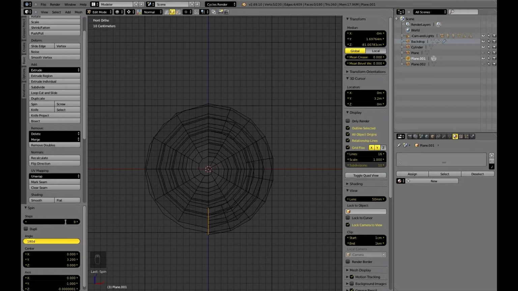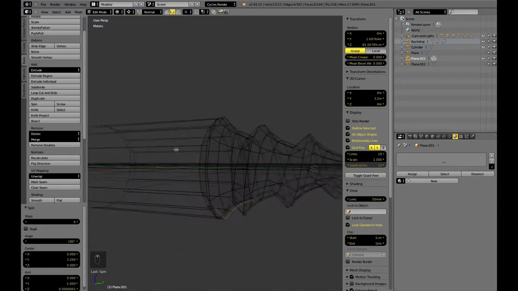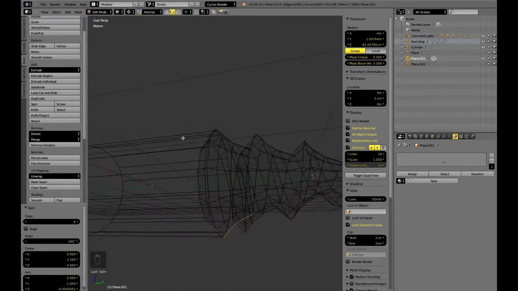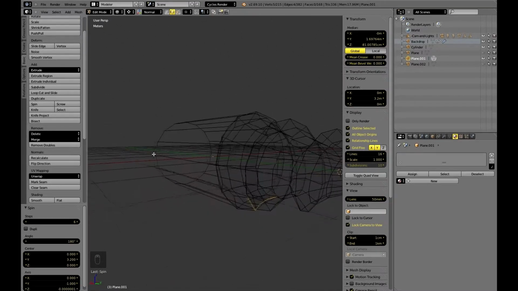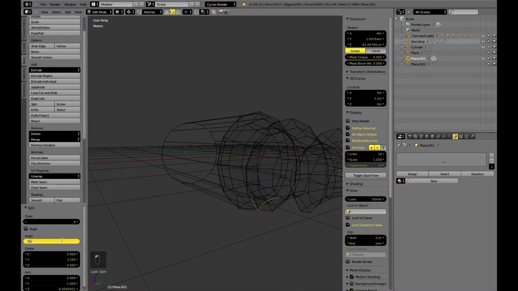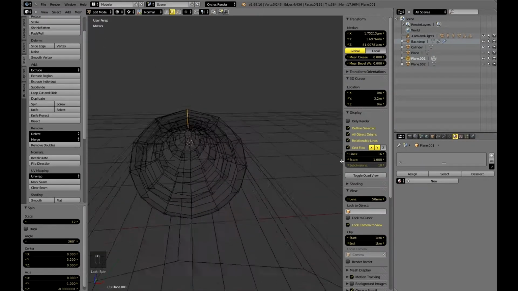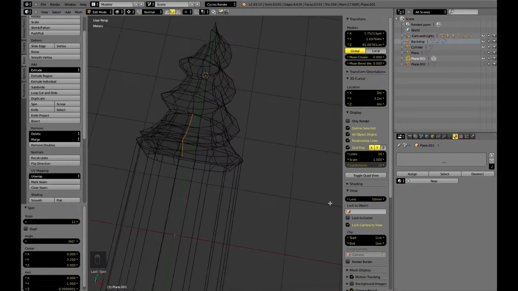Okay, so I've done that. Now there should be 6 steps to match our 12-step. It was 12 steps, right? Our 12-step profile. Probably should be 360 degrees, to be honest. So let's try that. 360. And 6. That should actually be 12 now. Out of the text field there. Alright, so